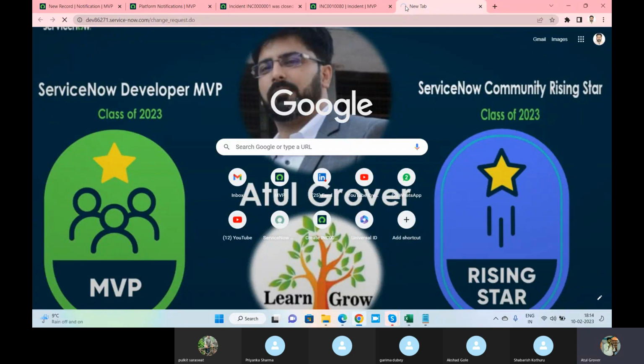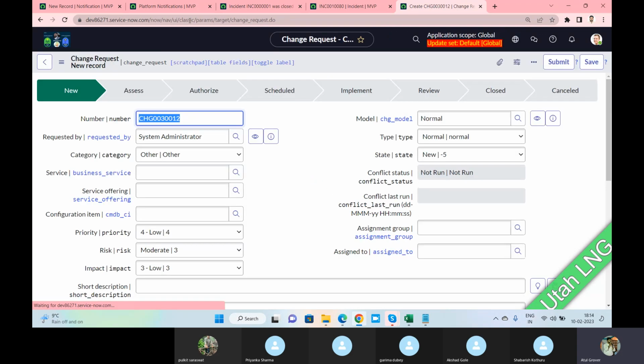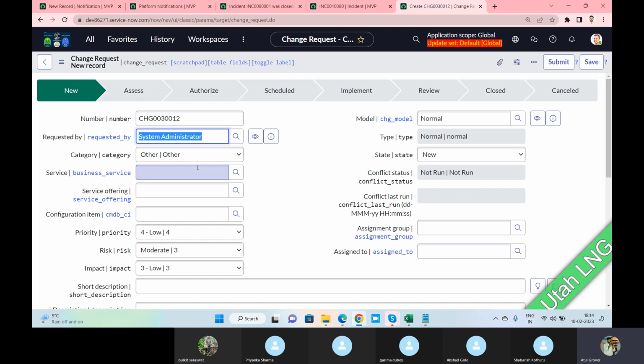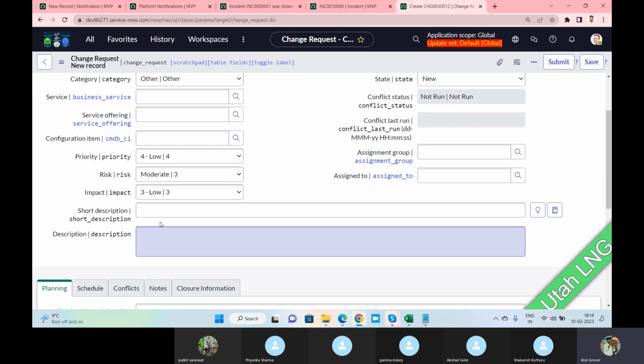Email will not go out, that's fine, but we can still see in the email logs that email is going out or email has been created or not. Okay, requested by, let's say requested by Shabrish. Okay, and here I mention,